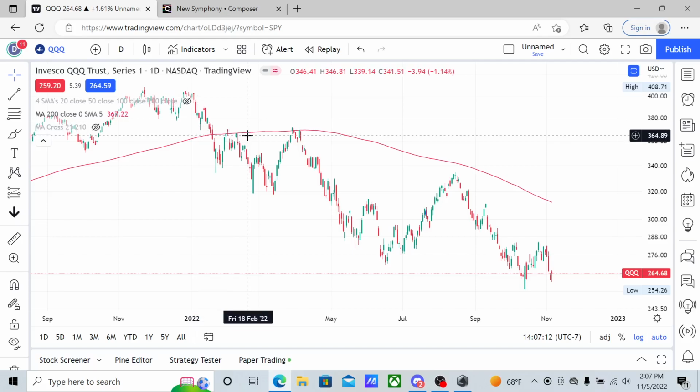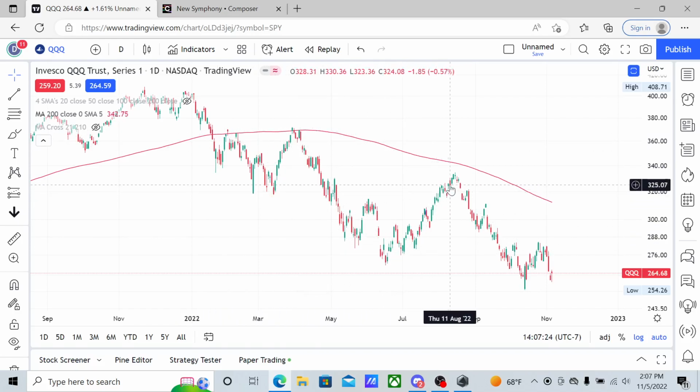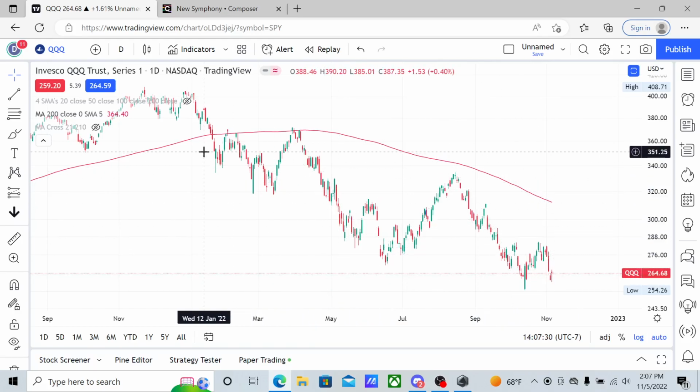QQQ is an ETF that tracks the 100 biggest companies traded on the NASDAQ. So you could look at the NASDAQ and say, okay, if the NASDAQ is going to suffer more than the S&P 500, that means I could capitalize on their moves underneath the 200-day moving average. So what you could do is take your